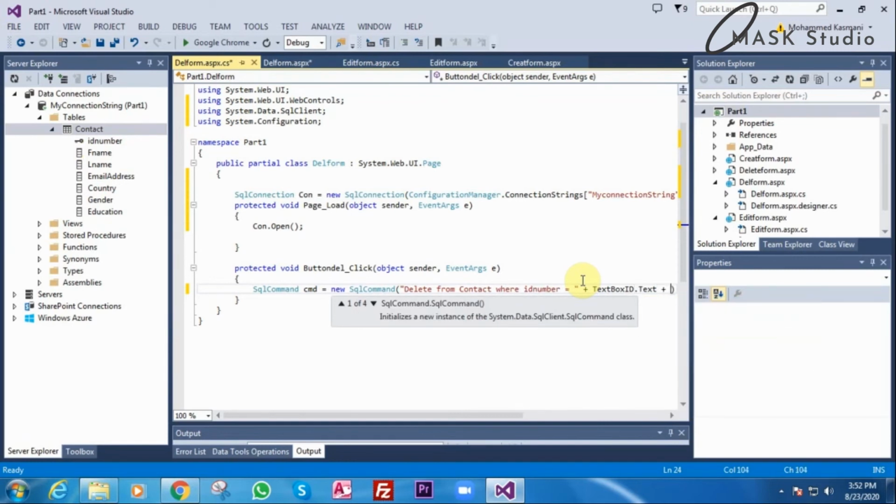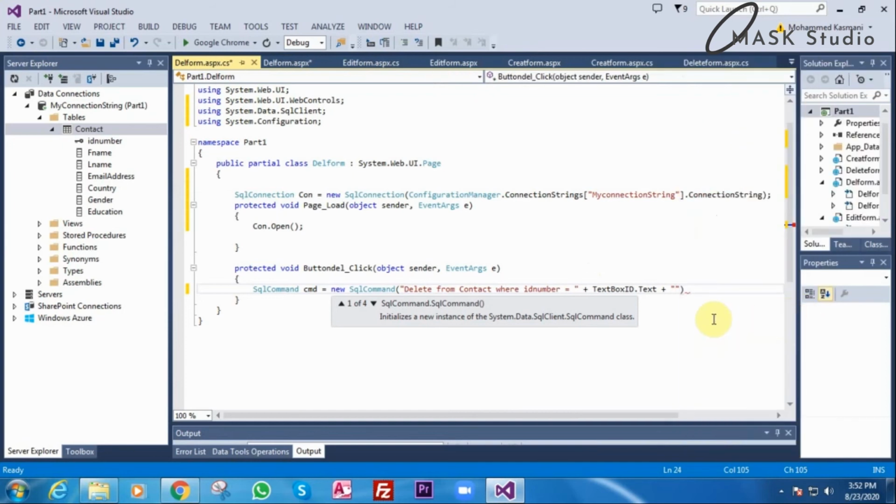Then plus, comma, and this command should run in this connection. Remember, we opened the connection here and we connect it here.